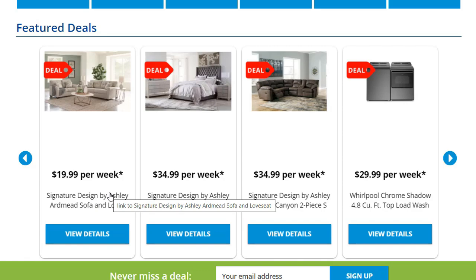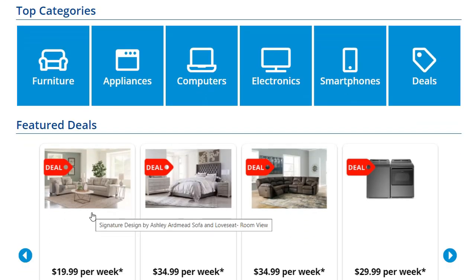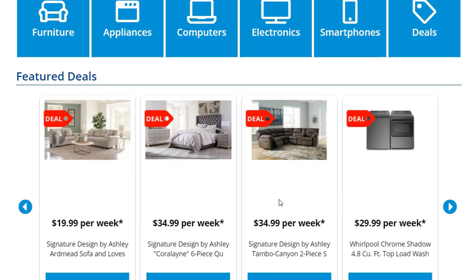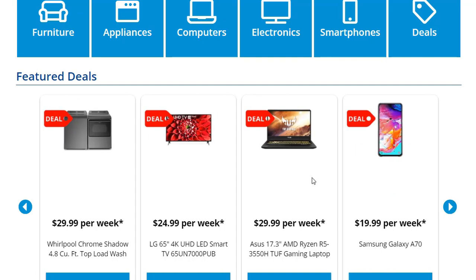And I do see that this is great times for shops like these, because right now there are a lot of people that still need some of this stuff. Of course, maybe a sofa or an armchair, you might go without that. But kitchen appliances, these consumer durables, the Whirlpool top load washer here, it is something that you need if it is broken at home. And you don't have the money to buy new, so you are easily, could I say, tricked into leasing this. Because when I say tricked, of course they're not cheating anyone,